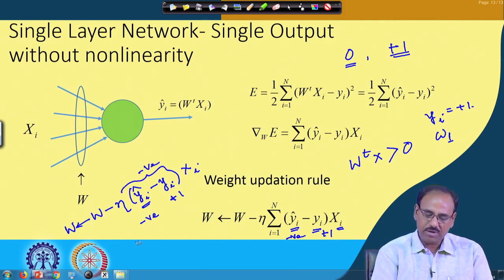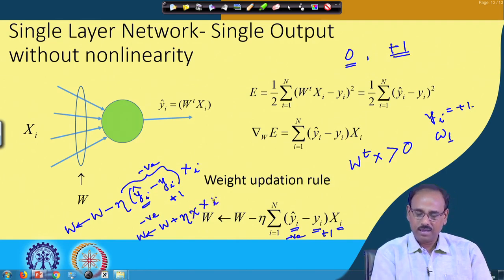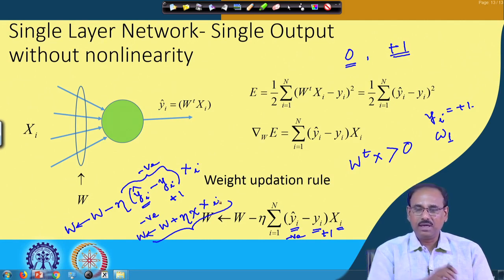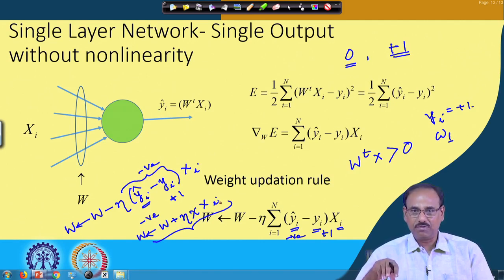And in effect, what we are doing is updating W as W plus some factor, say eta times, let us put chi times xi. So, here you find that there is some similarity with the Perceptron algorithm that we talked about towards the beginning of our course, that if an xi is misclassified, we add a fraction of xi to the weight vector for weight vector updation,